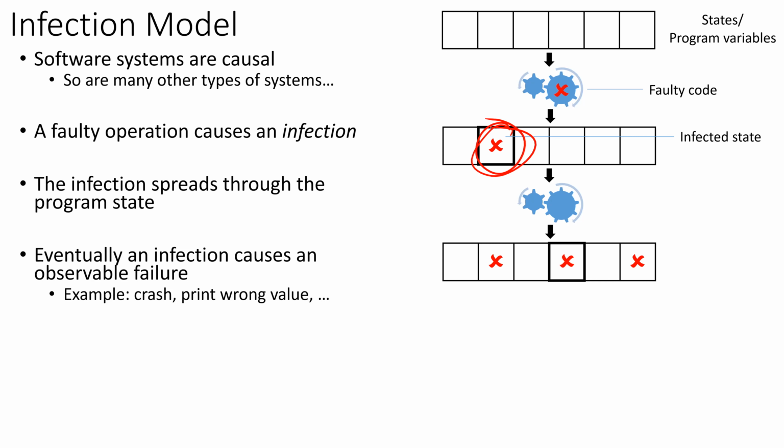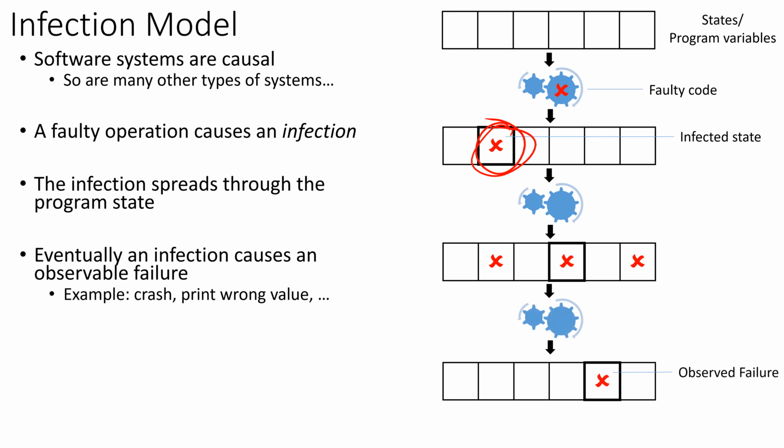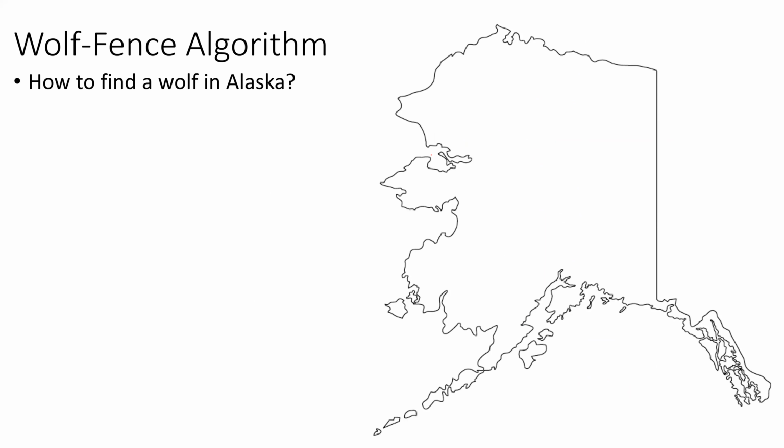More of the program state is wrong. And at some point you can tell: the program crashes, it prints something obviously wrong, or the test checks whether it got the right answer and says no, the output's not correct. So you have a failure, but you have to remember that the failure might come from code right around where that variable was updated, or it might have come from a significantly earlier update, and that's going to be harder to correct. So that's one thing to keep in mind: the root cause might be back in time a bit.